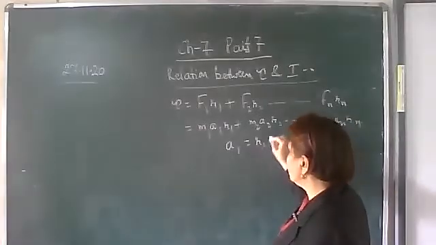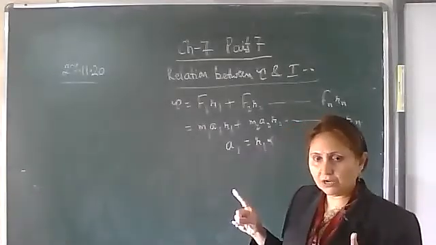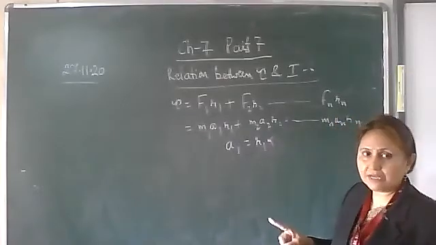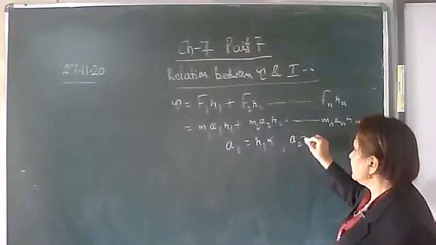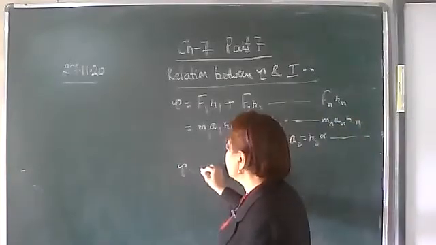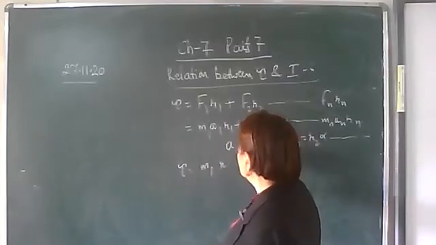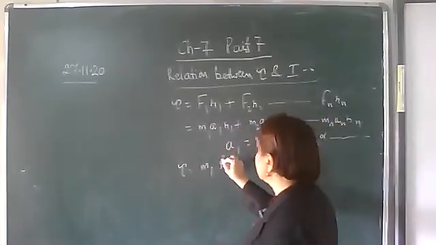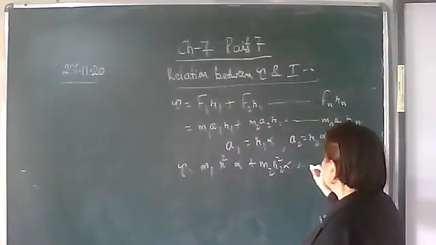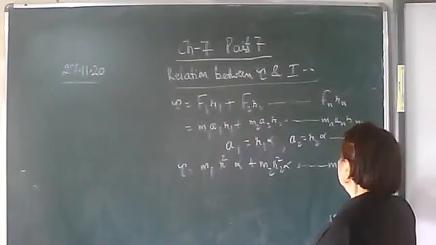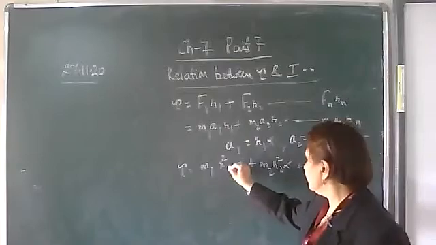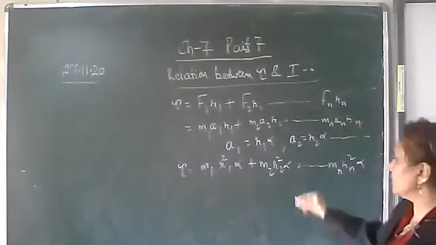So a1 will be equal to r1 into alpha. Every particle will have the same angular acceleration, so you won't write alpha 1, alpha 2 and so on. a2 is equal to r2 into alpha, and so on. Hence tau is equal to m1 r1 square into alpha plus m2 r2 square into alpha, up to the nth particle mn rn square into alpha. Take this alpha common inside the bracket: m1 r1 square plus m2 r2 square and so on,